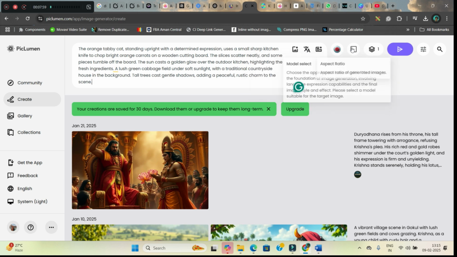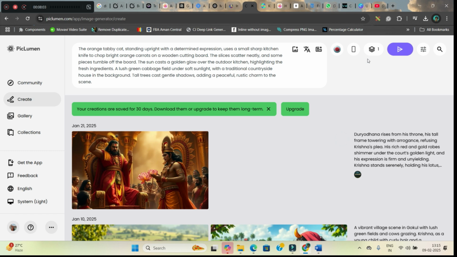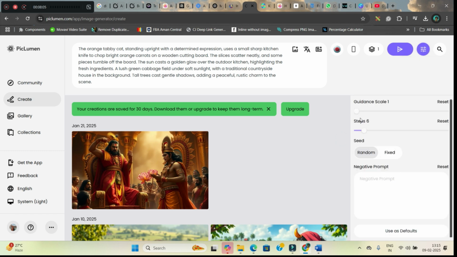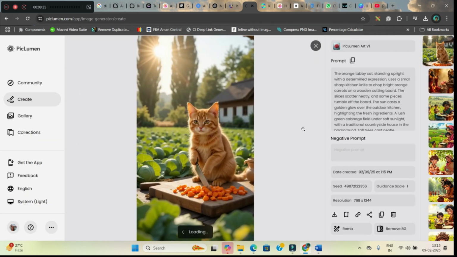Now here you can go to this aspect ratio option. You check the 9:16 aspect ratio, and here you don't have much to do. The only thing is that you can fix this seed, which we are going to use from the next image, and hit generate. So this is, again, I feel quite nice as far as the gesture and posture is concerned. So I will just download it.